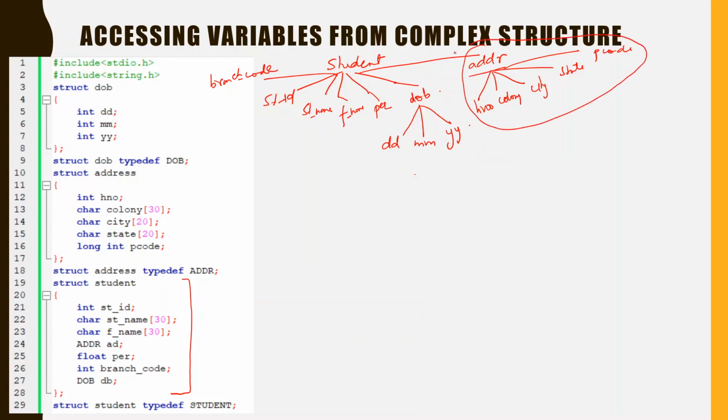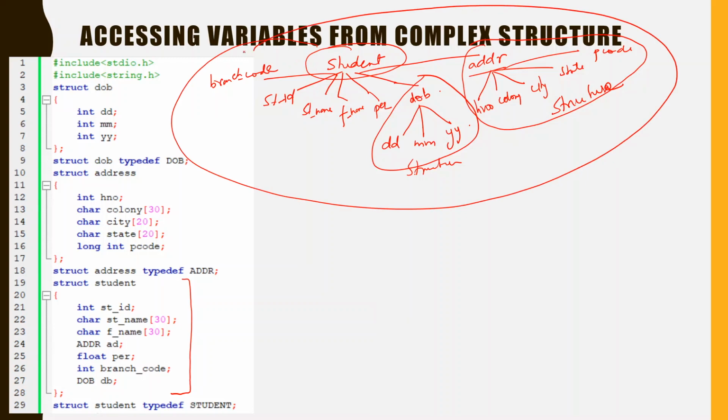So in this way you can see that this is a complex data type. This requires a complex data type, so this would be created as another different structure, and this would be another different structure. And since this student is going to have variables of the substructures, variables of the other structures also, that is why this is called a complex structure. So how to create a complex structure? First of all, we have to understand what are the other complex data types that we need, so we create them first.